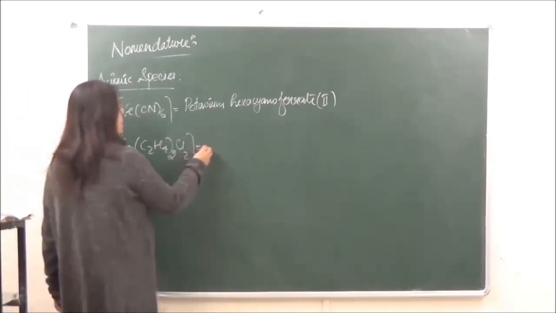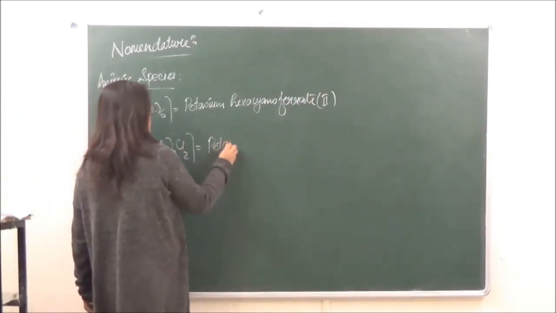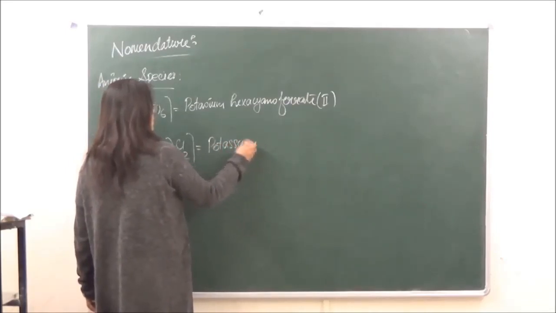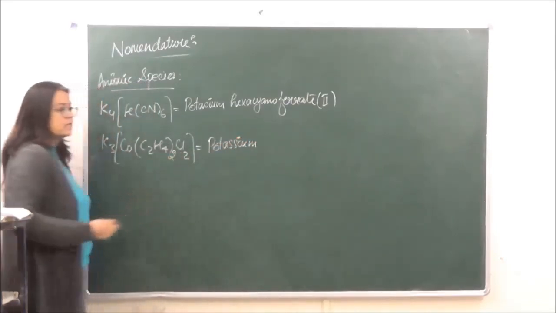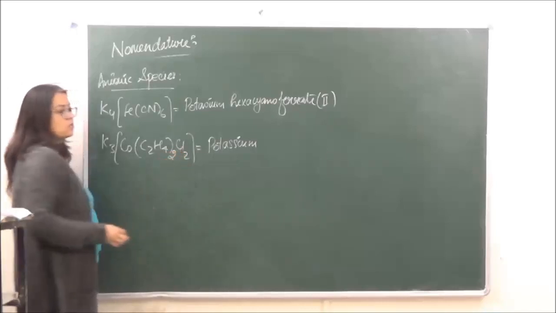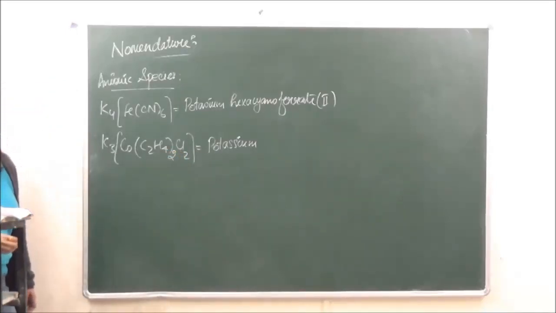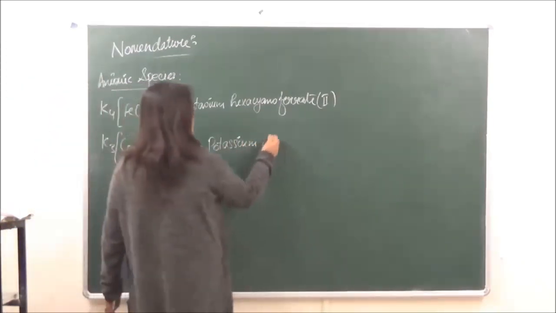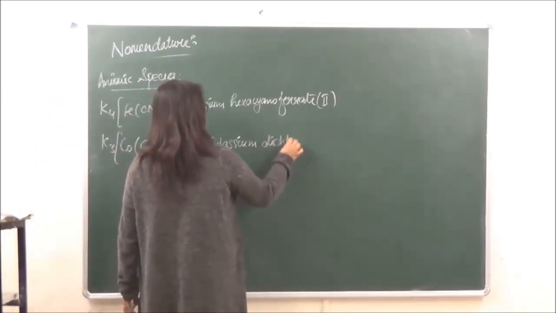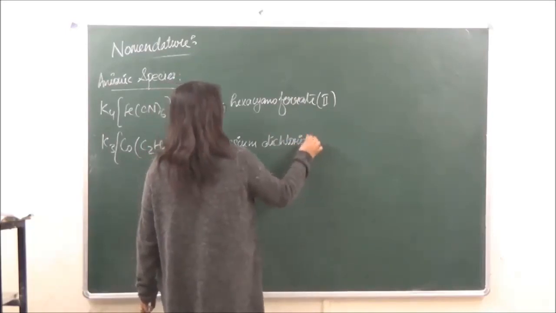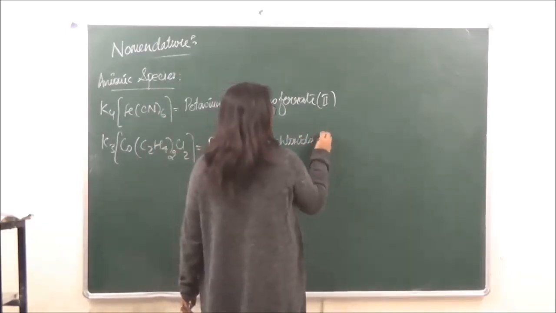So again over here the counter ion is potassium, so we will write potassium first. Now we have two ligands. This is oxalato and this is going to be chlorido. So we are going to first name C. Okay? So we have dichlorido, then we have dioxalato,